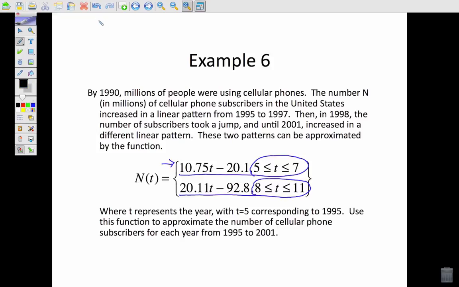All right, we're going to want to make a table. I'm going to put it up here. So we've got subscribers, number of years or time. I know that your table has X and Y, but that doesn't matter. And then this is N of T. So in order for us to figure out 1995, we put in 5. 96, we'll put in 6. 97,